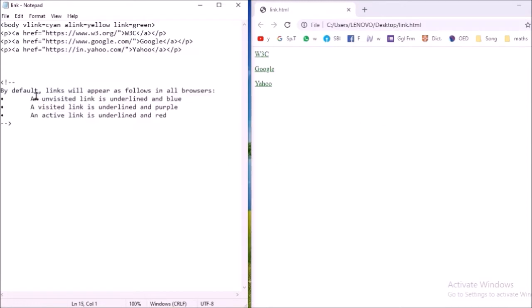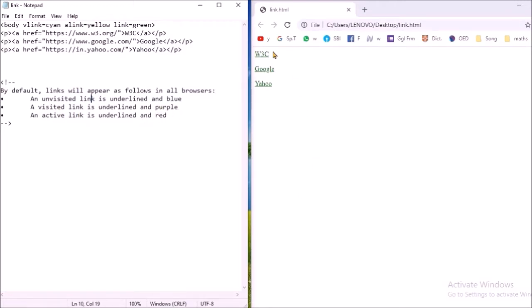So by default unvisited links are blue. By default means if you do not give any setting in body tag, then by default the unvisited link is underlined in blue, visited link is underlined in purple, active link is underlined in red.